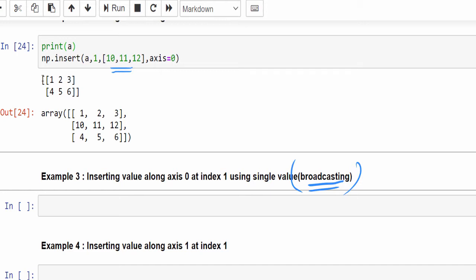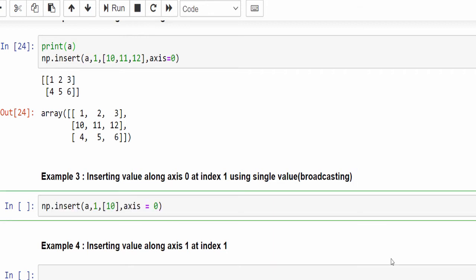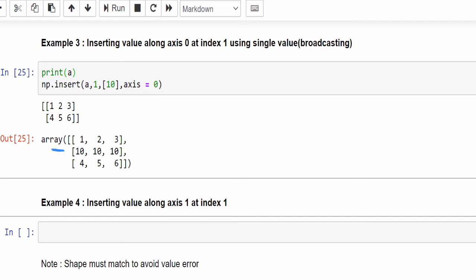So it will broadcast the same value the required number of times. So instead of 3 values, I am just mentioning 1 value. Let's see the difference. See here, at index 1 it added the value 10 and also it did the broadcasting column wise. So that's the biggest advantage of using the insert method.